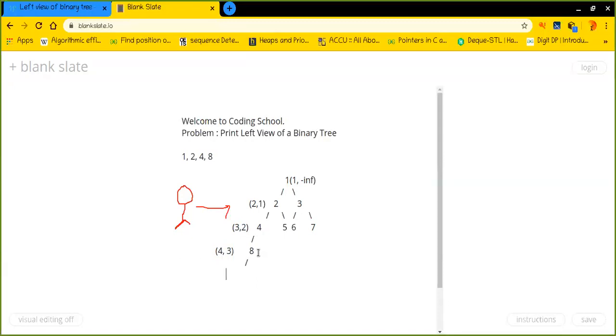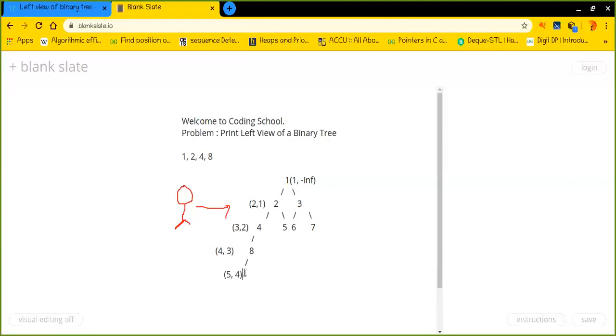While encountering a null, whenever I am calling it, the level is actually increasing, isn't it? The level is increasing because I am calling this particular state, which is null, by increasing the current level value by 1. And here the previous level is 3, so it will be replaced by its current level in the previous state, which is 4.